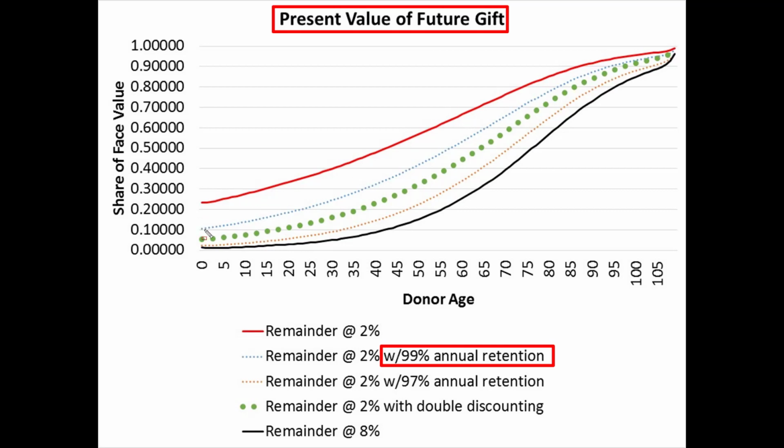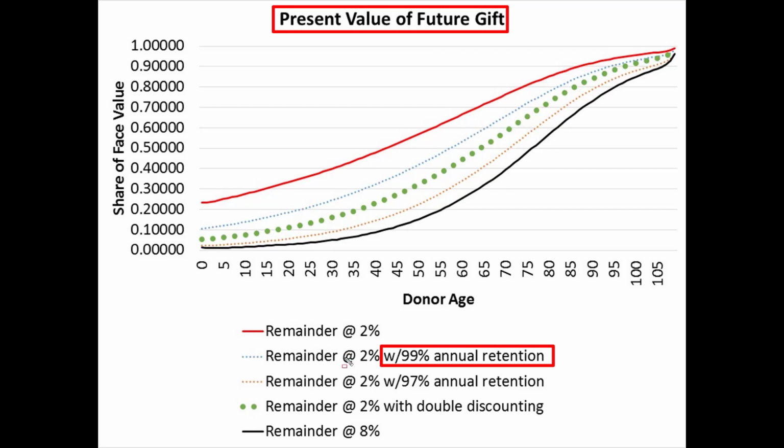If we actually directly calculate the risk of revocation at 1% per year, this is the present value of that gift. And notice that the gap between the irrevocable and the revocable gift narrows over time because the number of years at which you are at risk for revocation gets lower and lower as you approach the end of